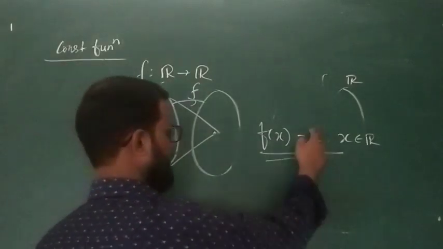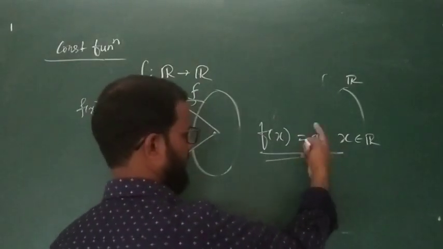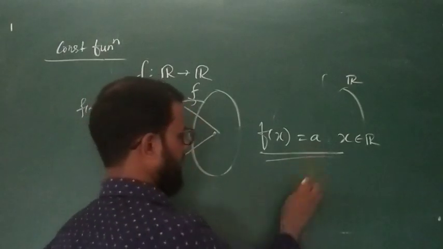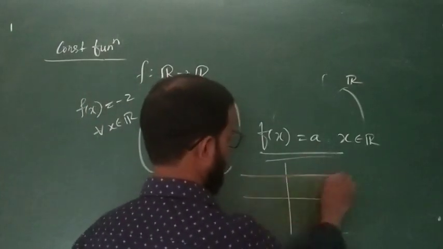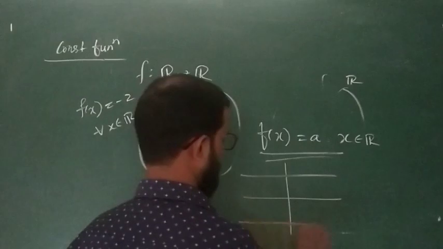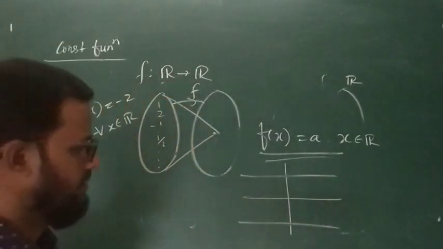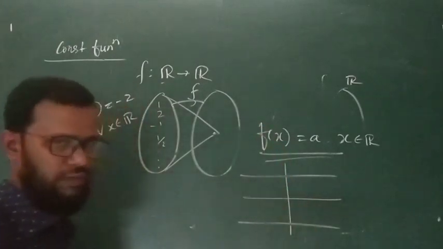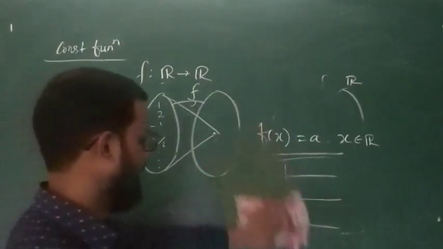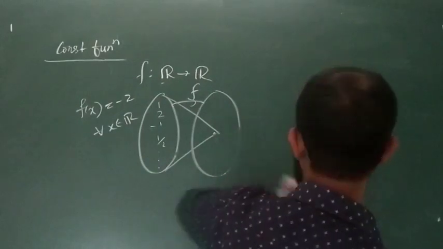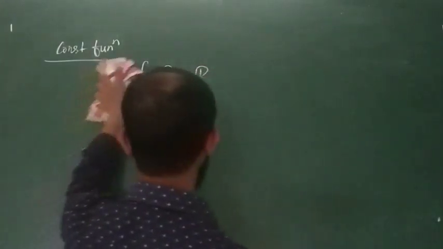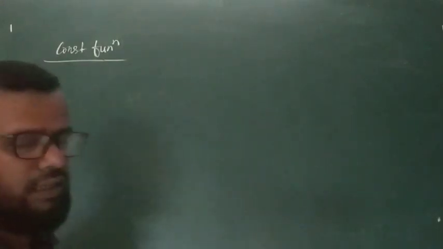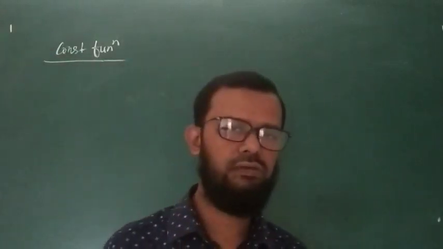What is a? a is a particular real number, it may be positive or may be negative. If it is positive, then the graph will be above the x-axis, if it is negative, the graph will be below the x-axis, which is parallel to the x-axis. ठीक है, so this is called a constant function, and a constant function is always continuous. जहाँ जहाँ आपको constant function मिलेगी, जैसे constant function क्या होता है, f(x) equal to constant, f(x) is equal to some real number, ऐसा अगर हो जाए तो आप क्या कह सकते हैं, the constant function is always